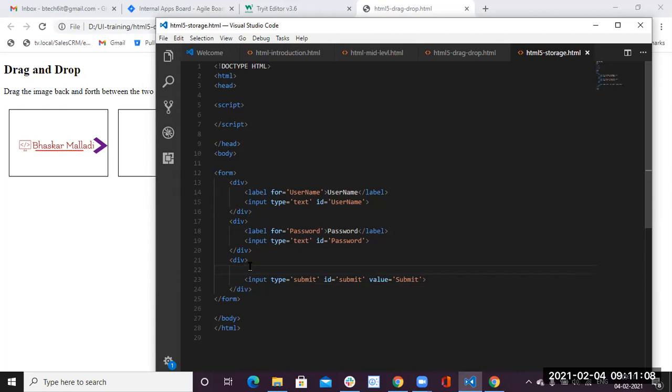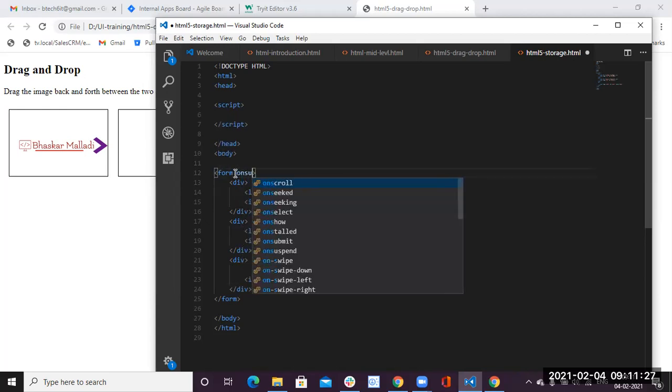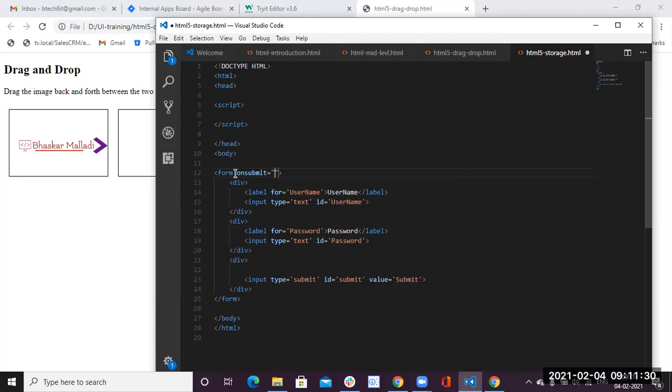So what is my intention is, while submitting, right? We have one method, that is onclick. Here also onclick we can write. This is also one way. Still, we have form onsubmit. Both are similar only. But we have onclick for all inputs with type equal to button or submit, while onsubmit is for the entire form, right?